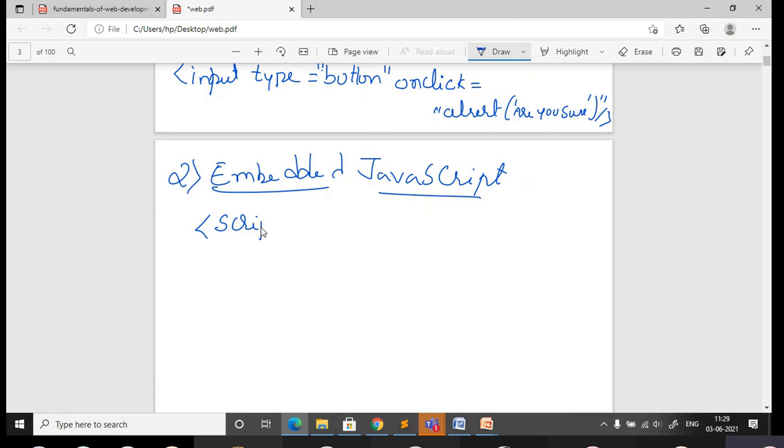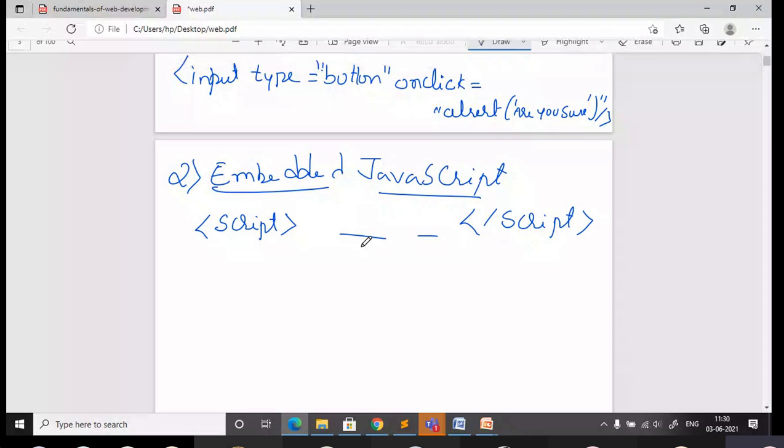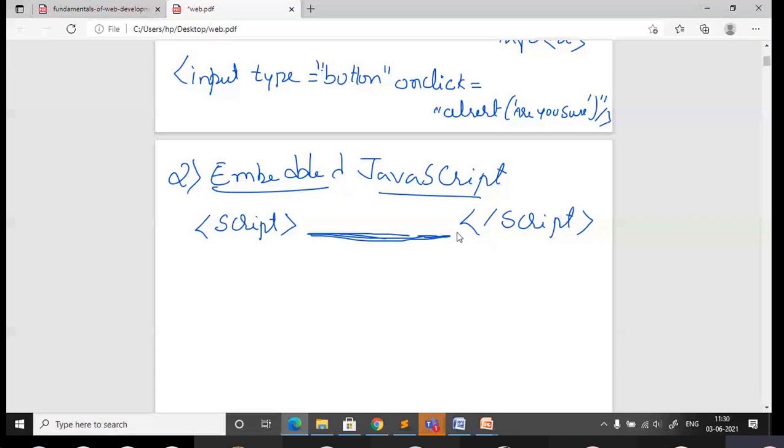You are going to put this script element anywhere in the HTML file. It is not necessarily in the head section.